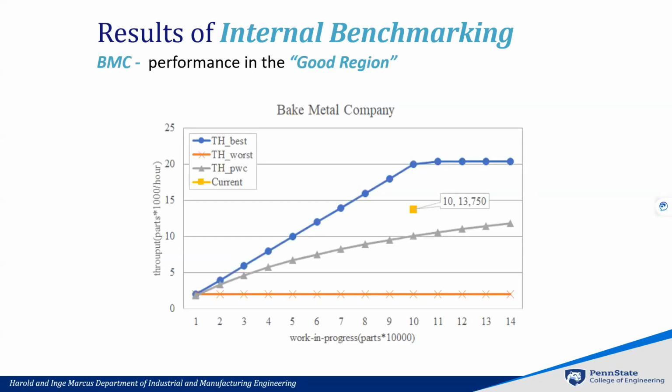The third company is the baked metals company. Of the 3, this one was clearly the lean one, in the sense that if you look at the chart, with the same notation for the amount of WIP they typically carry, their throughput exceeded the practical worst case, and it was getting towards the best case. It won't get to the best case, but it is getting towards it. So this looks like the sort of manufacturing system which could clearly benefit by improving the maintenance operation, and takes the other side of the fork.